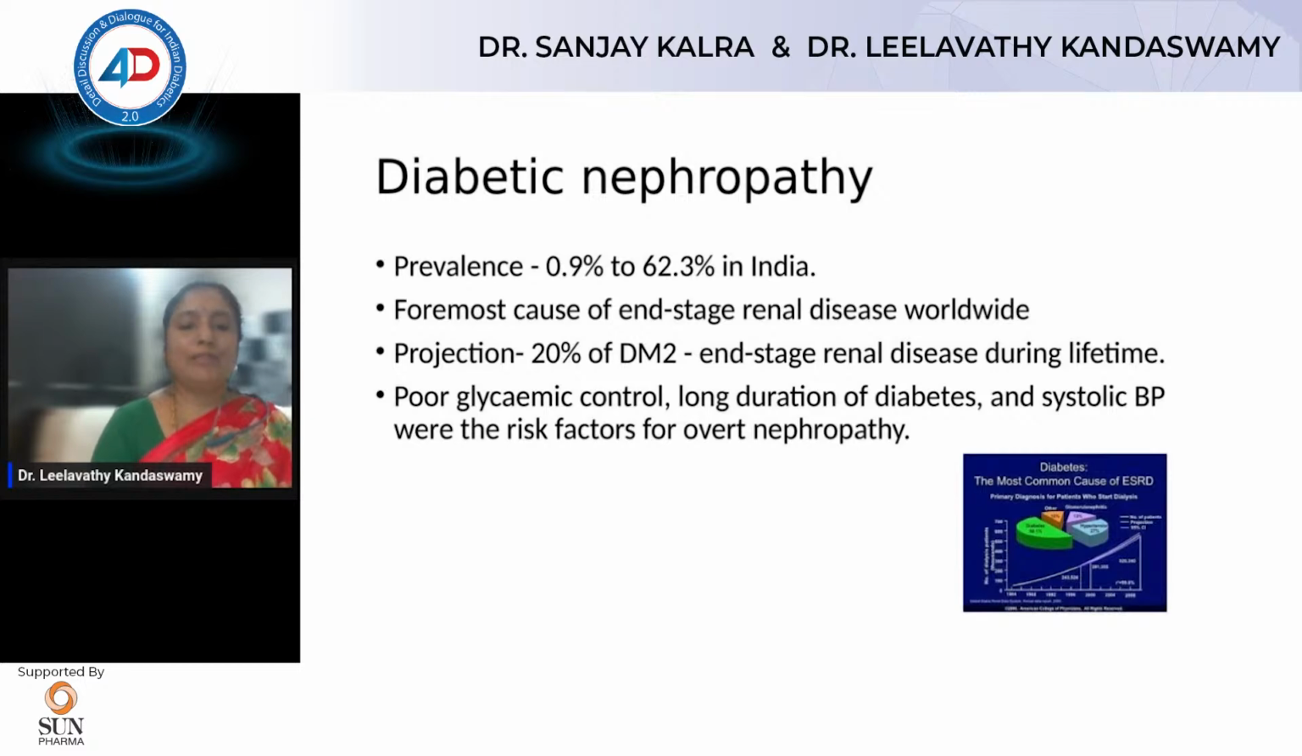Diabetic nephropathy, the prevalence is up to 62.3%. It's variable and it is the foremost cause of end-stage renal disease in our world. And 20% of patients with diabetes in their lifetime will have end-stage renal failure. So the high risks are poor glycemic control, longer duration of diabetes, high blood pressure, and hypercholesterolemia. They're all risk factors for overt nephropathy. So continuously coming to the clinic, seeing a doctor will help them find these risk factors and manage